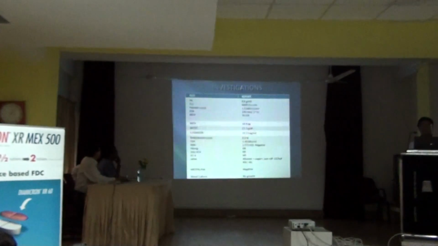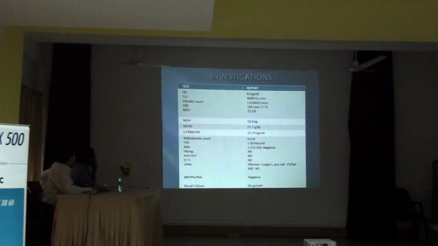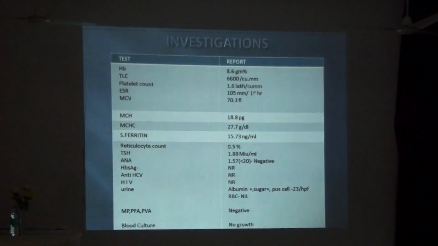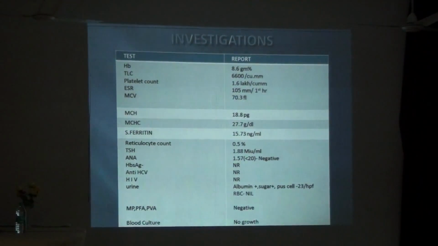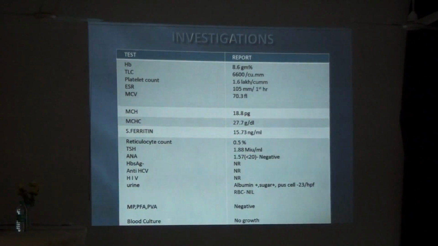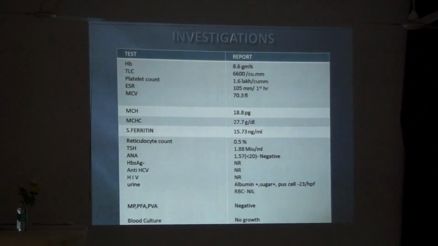Investigation: hemoglobin 6.8 gram per deciliter, WBC count 6,600 per cubic millimeter, platelet count is 1.6 lakh, ESR is raised, and MCV, MCH, MCHC are decreased, with serum ferritin at a borderline low level. Reticulocyte count is 0.5%, ANCA negative, ANA negative, and viral serology like HBsAg, anti-HCV, HIV all are negative. On urine routine microscopy examination, albumin positive, sugar positive, pus cells are 23 per high power field, RBC